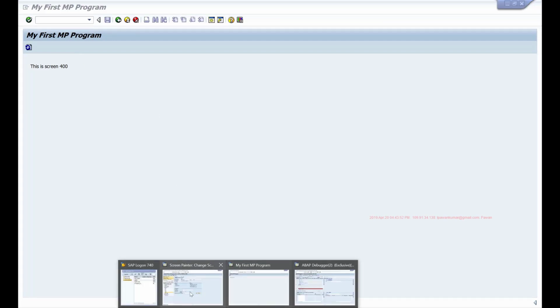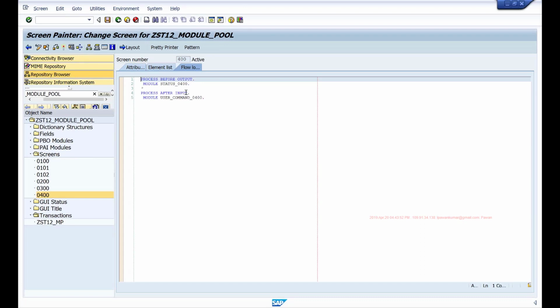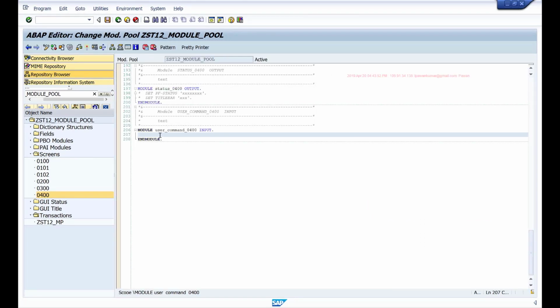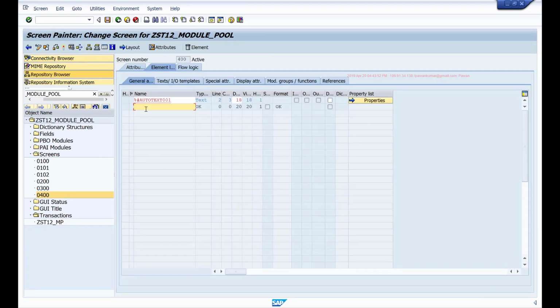So what you can do is, if you want to do different actions, you can maintain the code in these modules. So you again write the code to check for OK code field. So for that you have to first assign the OK code field here. So for this screen also I'll assign the OK code in the element list. This is already defined in our program, so we don't need to define it again.